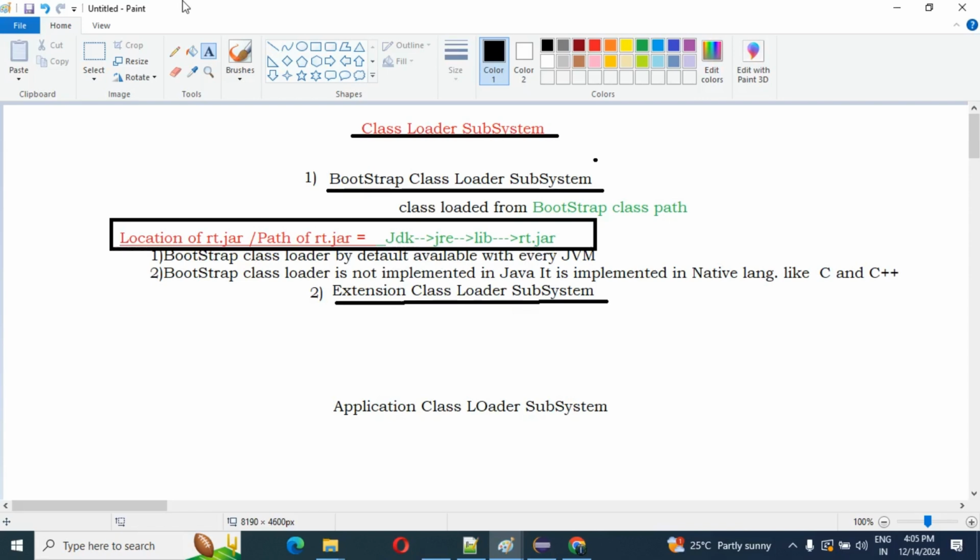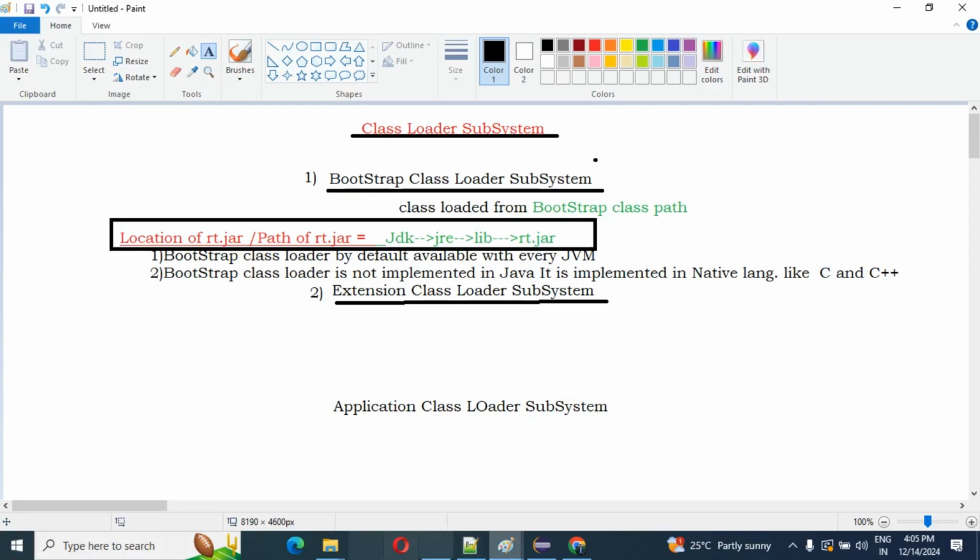Guys, now second, what is the extension class loader subsystem? Same as the bootstrap class loader subsystem, the extension class loader is the child of the bootstrap class loader. This is the first thing you need to understand.